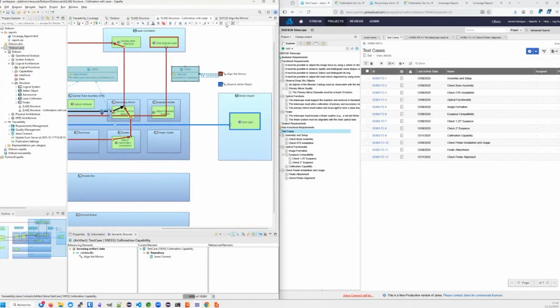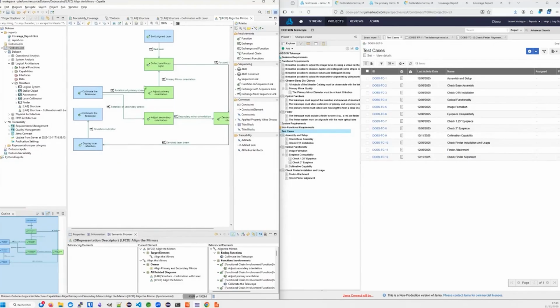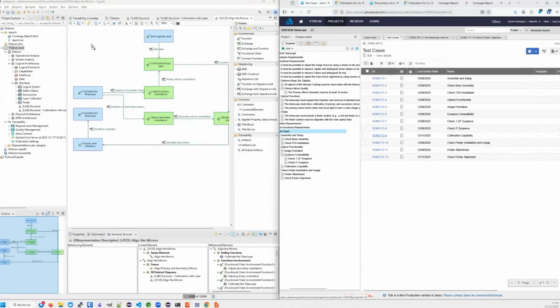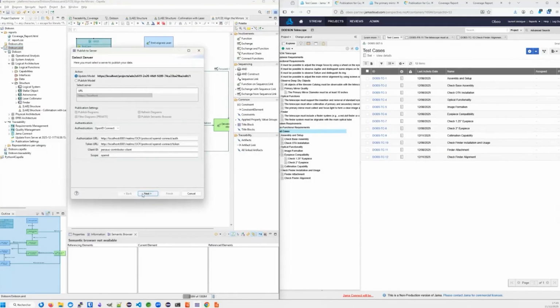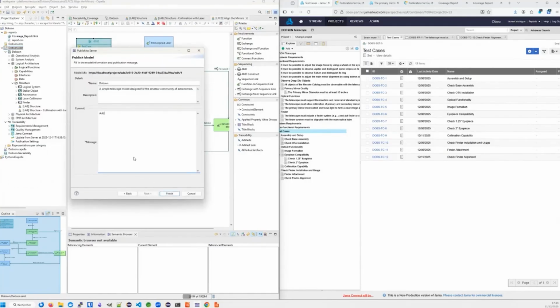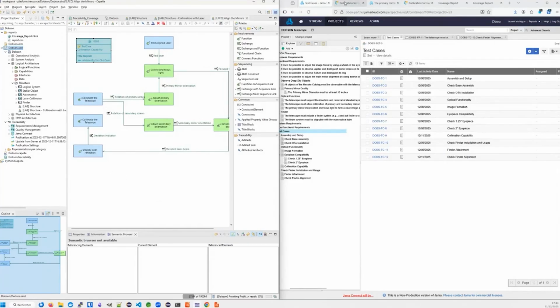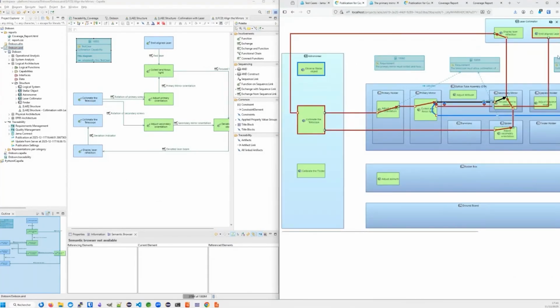Something that's worth noting is that I have a diagram that describes this functional chain, and I think it would be handy for the people in charge of the test case to access this diagram. One thing I can do is just trace the diagram itself to the test case, which is done just by drag and dropping the test case on the diagram itself. And when I publish that, let me do that. I move to publication once again. So, okay, it has been updated.